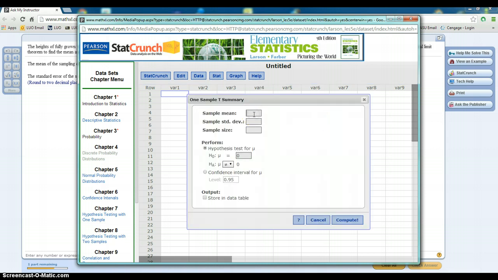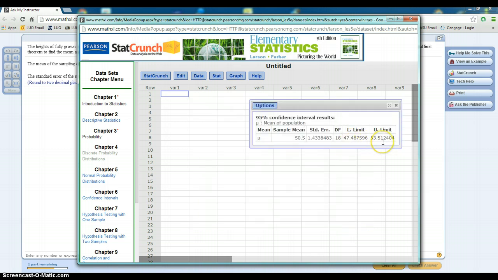Type in the sample mean, which is 50.5. We're going to type in the sample standard deviation of 6.25. Our sample size is going to be 19, and then we're just going to simply calculate a confidence interval for mu at a level of 0.95. Left-click compute, and then we'll get this screen right here, which tells us what our standard error is,